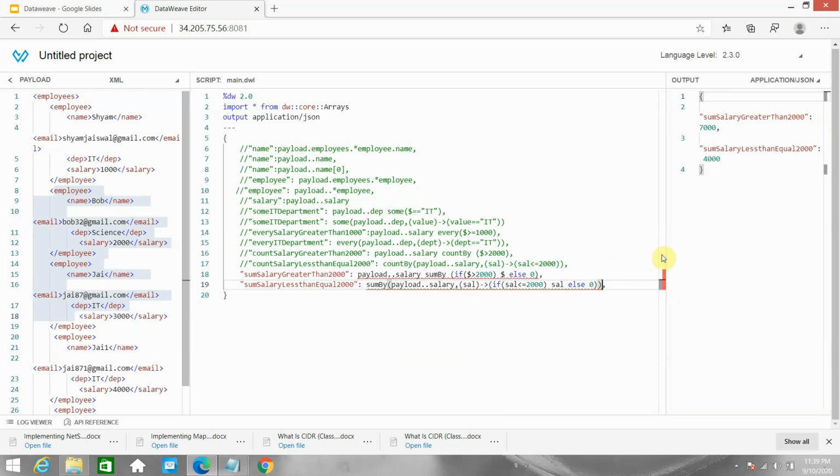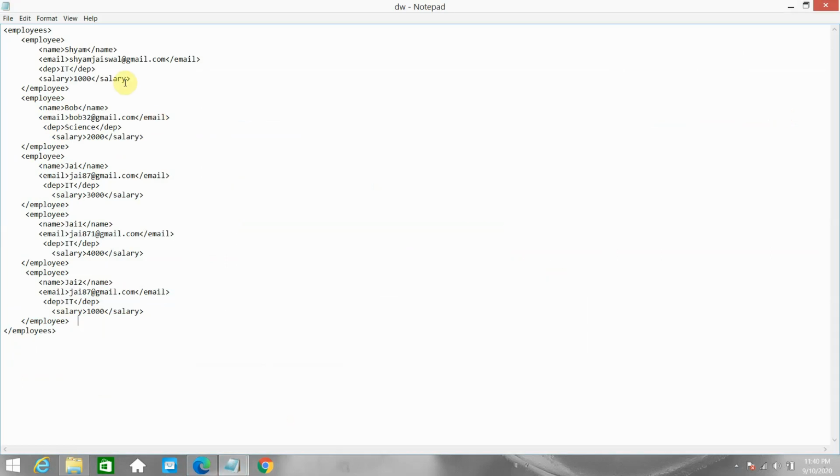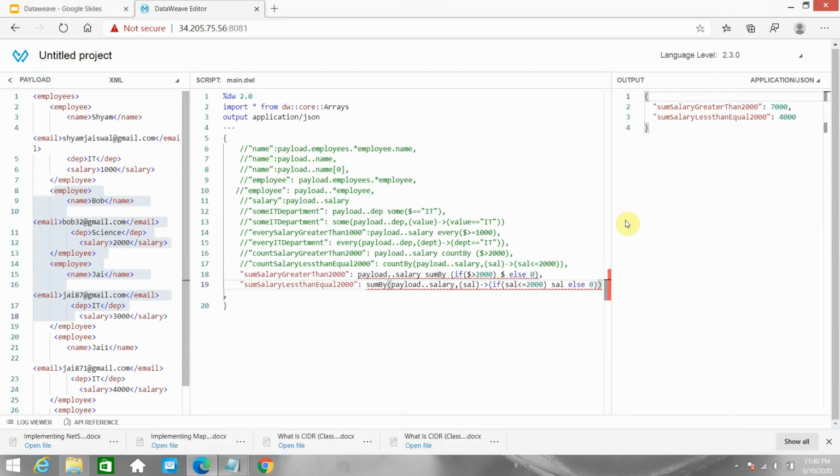You can see it becomes 4000. Let me check: 1000 is less than or equal to 2000, yes. 2000 is less than or equal to 2000, yes. 1000 plus 2000 is 3000. 3000 and 4000 don't meet the criteria. 1000 again matches. 3000 plus 1000 becomes 4000, plus 0 plus 0. So it will become 4000.